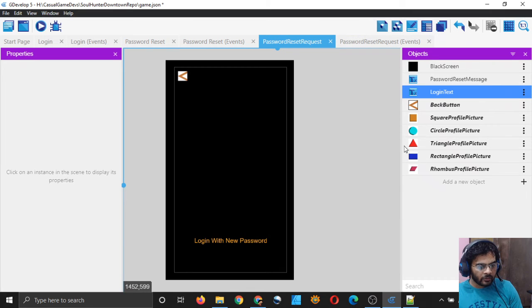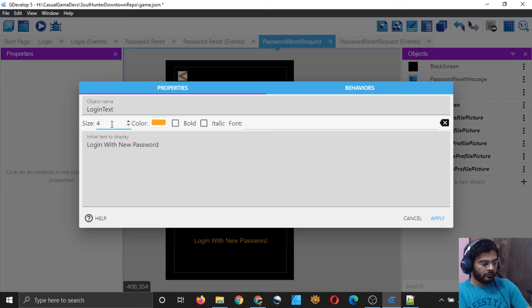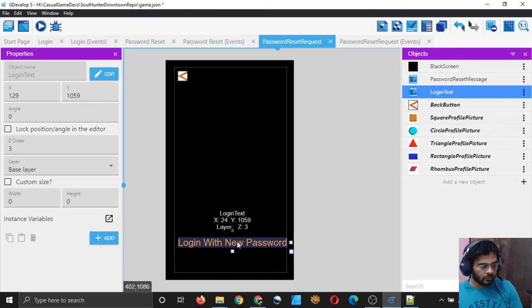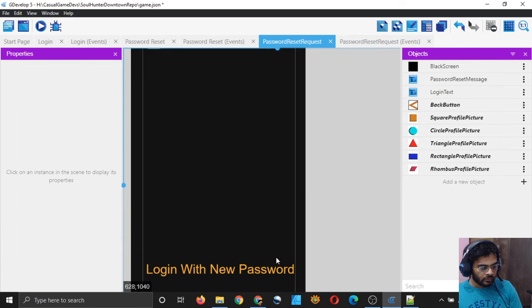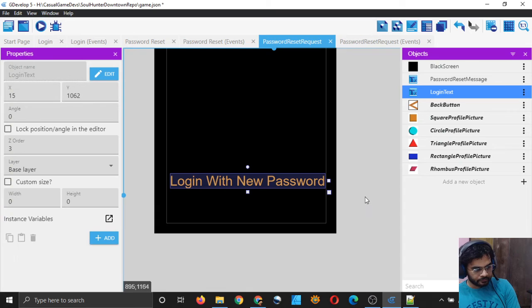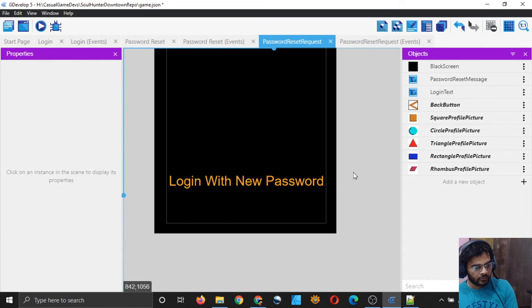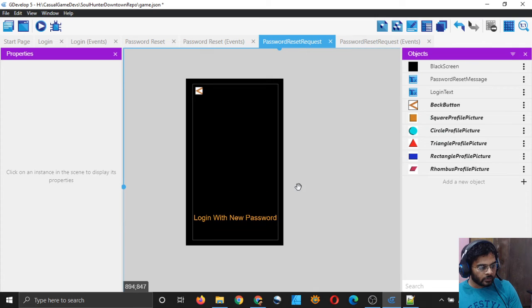So I think the size of 60 will be better. 40 looks too small, 60 looks too big, but it almost fits. So we will let it be here. Login with new password, right?